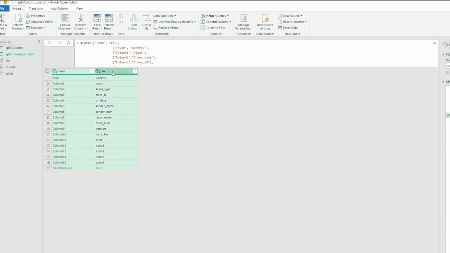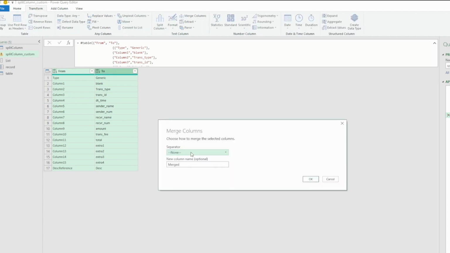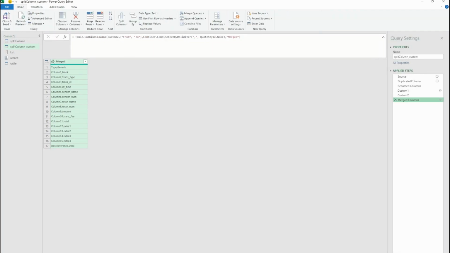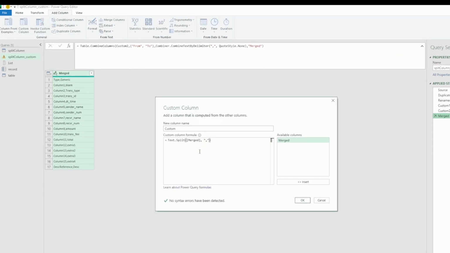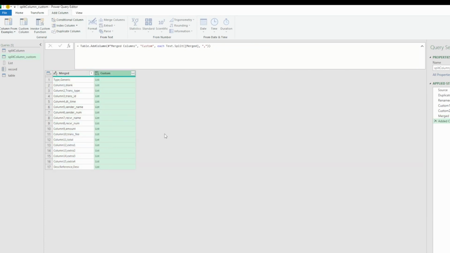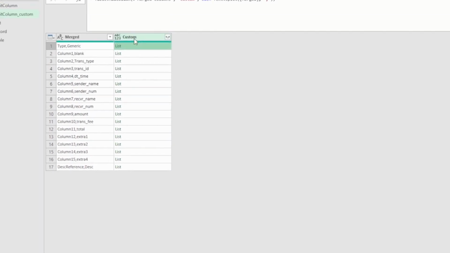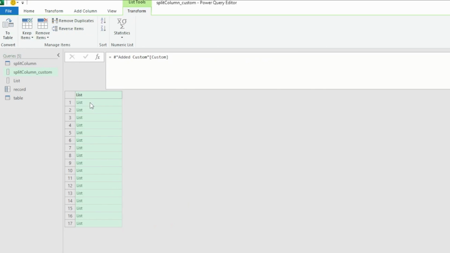So let's select the two columns, click on transform, merge columns, and separator. We will use comma. Okay, we have our merged column names. Okay, so once we have the merged column names, let's add a new column. So add column, custom column. We will use this function to create a custom column. And what it does is it converts these two values into a list, which is what we need for rename function. Click on the custom column and click on drill down, and this creates our desired list.